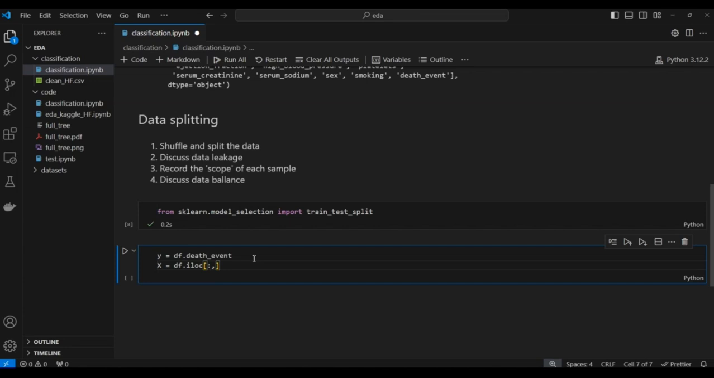So we are going to select all the rows. This is data slicing that I'm performing here. We are going to select all the rows and all the columns except the last column, because the last column happens to be death event. Now, having the feature matrix and the response variable, we can perform the train test split